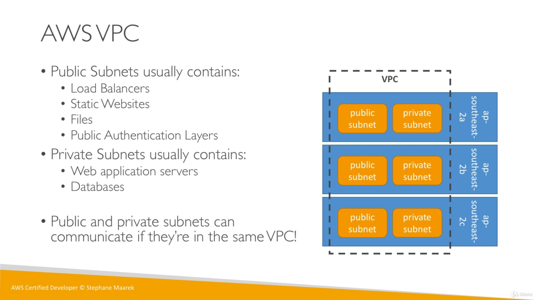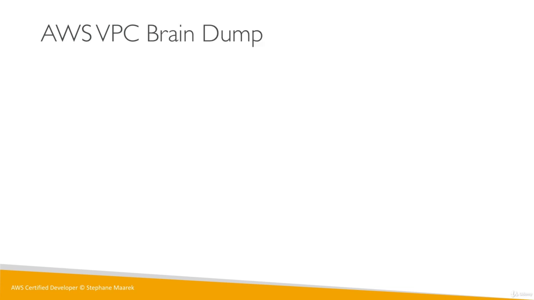So basically the idea is that, as I said, the public and the private subnets are able to talk together and they're in the same VPC, and this is how you can separate your concerns. So just a quick brain dump on the VPC. Overall, I would say they're not as much on the developer associate exam, okay? But still, my conscience needs to be clear, and I need to teach you about it a little bit just so you're aware of what they are at a high level.